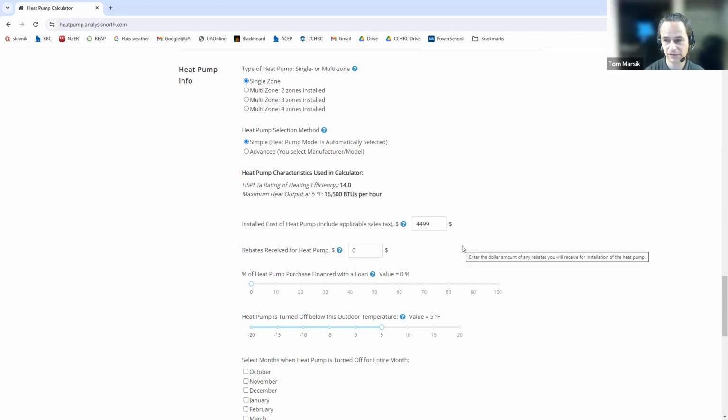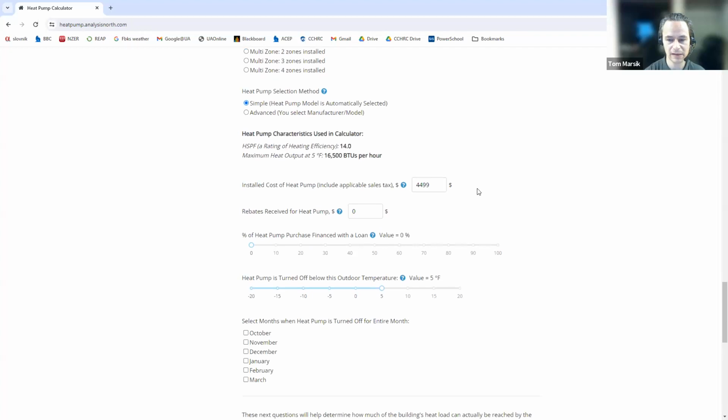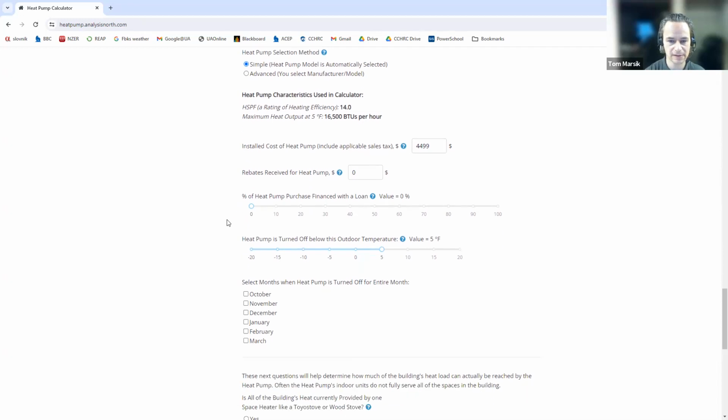It varies, of course, on the specific installation. Every house is different, and there are going to be different access to your existing electrical system, and different penetrations to the walls and such. So this is just giving you kind of an average value. Your house might be different than that, but typically, a typical value in Fairbanks is about $5,000 installed for a ductless mini split system. No rebates, no